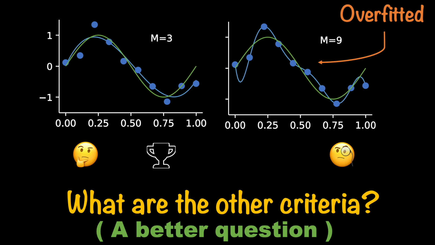But you know what? There is still something very unsatisfying here. Theoretically, a model of degree 9 is supposed to do better than a model with degree 3. I don't want to give the trophy to M3. We can't just leave it here without doing some investigative work, and more importantly, without finding some solutions for M9 to work better for the test data points as well.